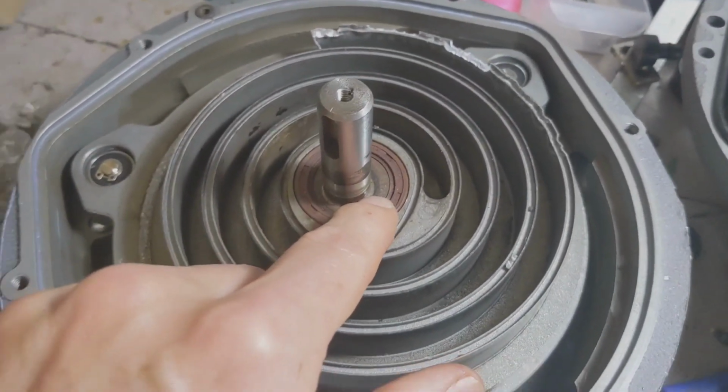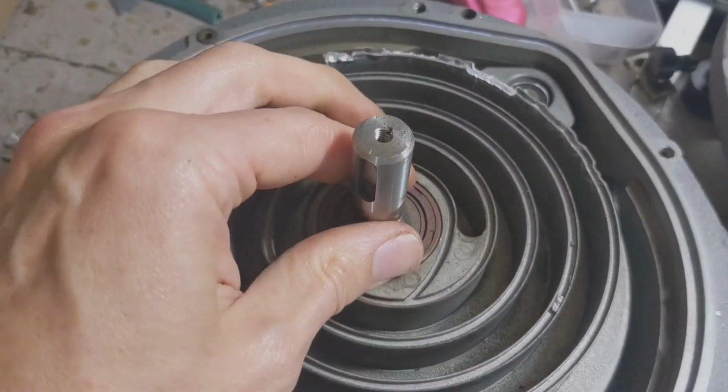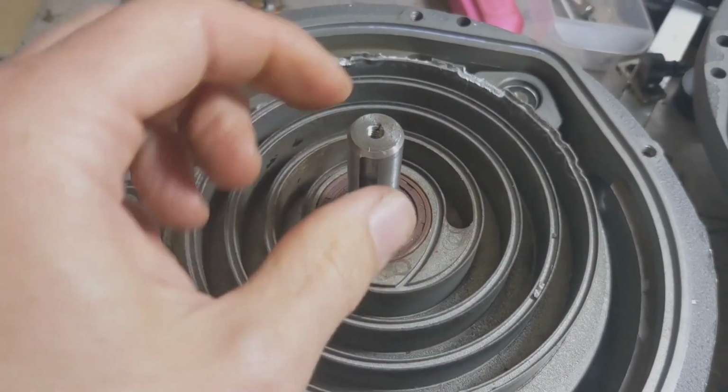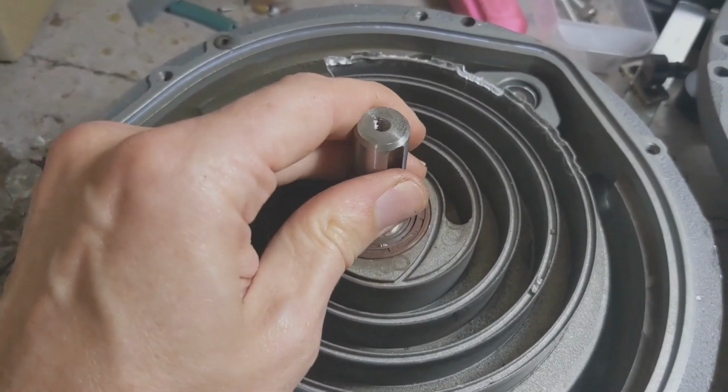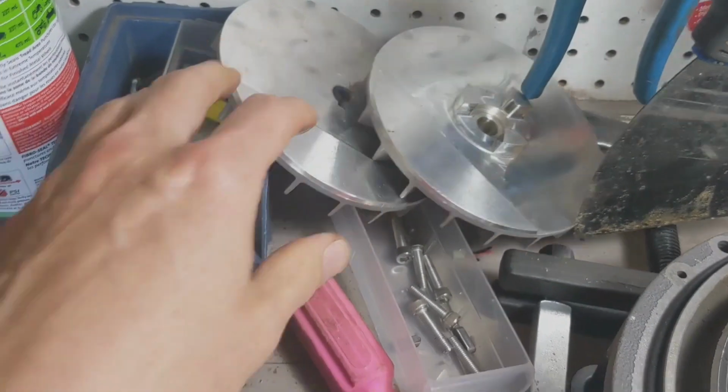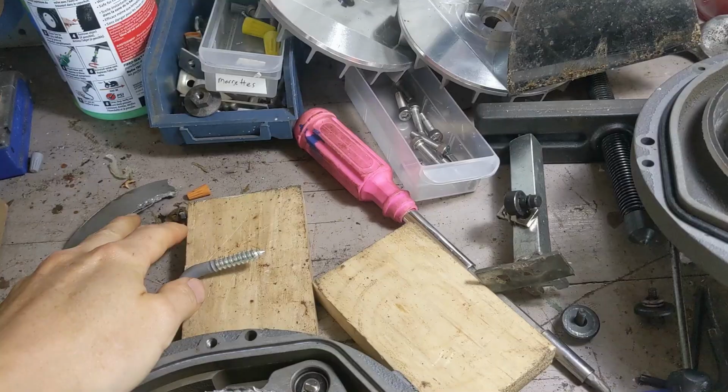It should be the same on both sides. That's more important when putting it back together. That determines how much shim space you need on each surface, because the thing that holds this drive shaft in place are these fans. So they have to be set to...